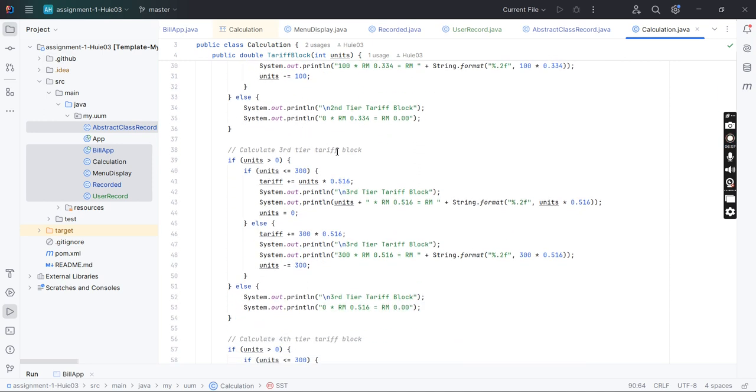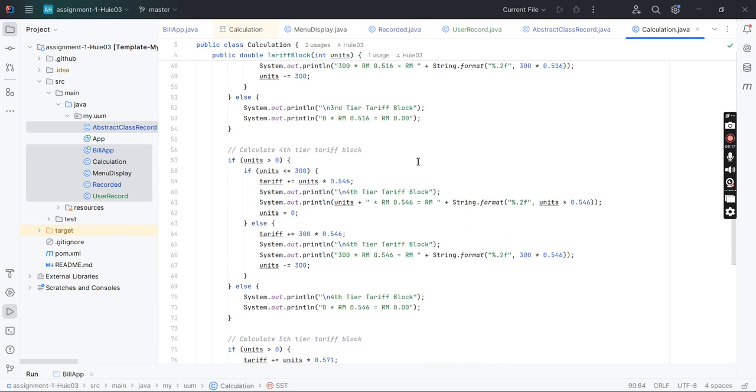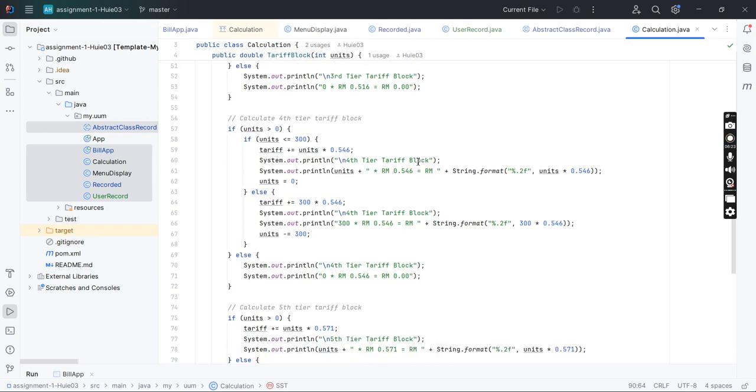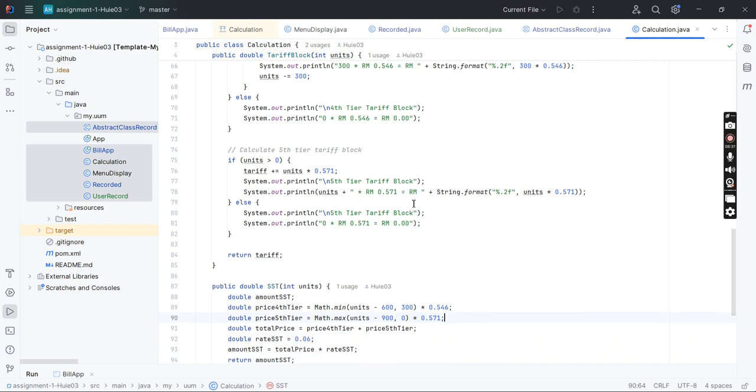The third tier tariff block is 300 and the tariff rate is 0.516. The fourth tier tariff block is 300 also and the tariff rate is 0.546. For the tariff block more than 900, the tariff rate is